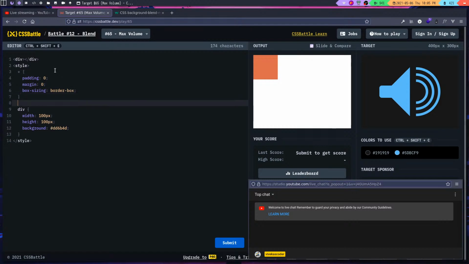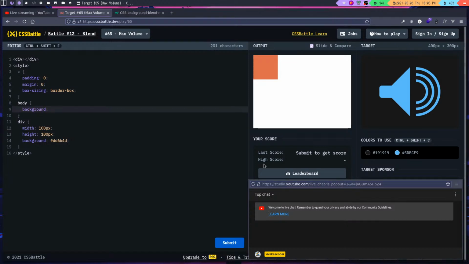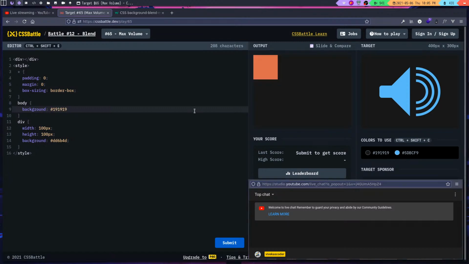Okay, and also for the body, let's provide the background color. So background, and this is the color, right? So I'm just going to pick it, place it here. Okay, and for this div,